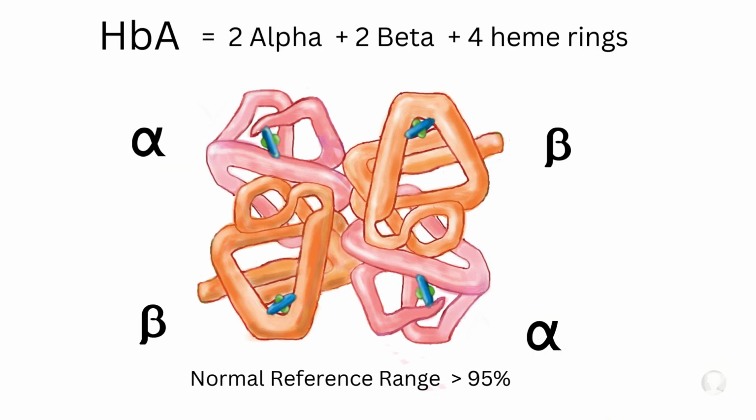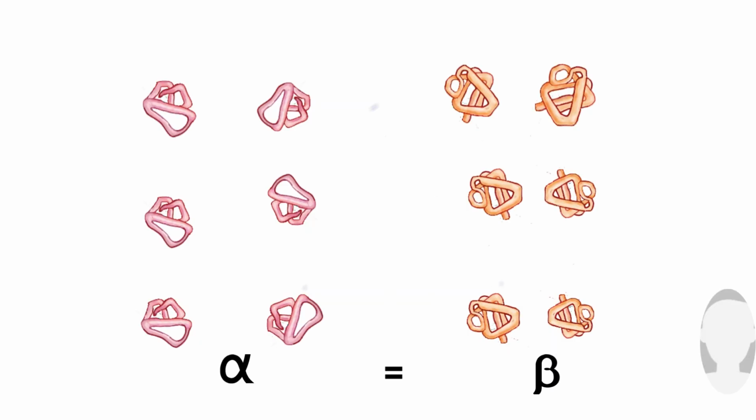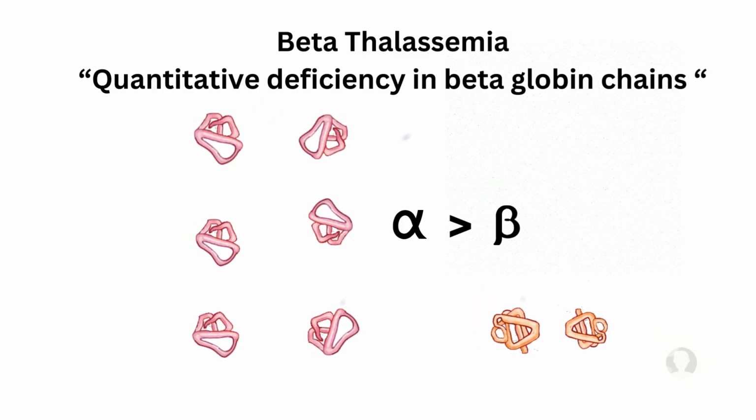As you may already be familiar with hemoglobin A, the most common adult hemoglobin, there are two alpha and two beta globin chains plus four heme rings to make one hemoglobin molecule. The alpha and beta globin chains are quantitatively roughly equal. In beta thalassemia, we have a quantitative deficiency in beta globin chains. So we have a deficiency of the beta globin chains, hence the name beta thalassemia, and vice versa for the